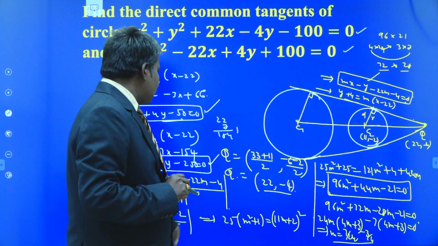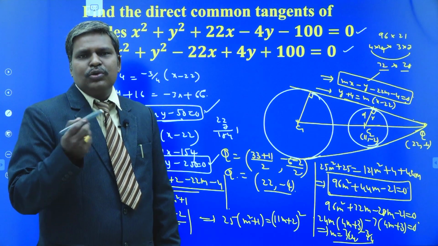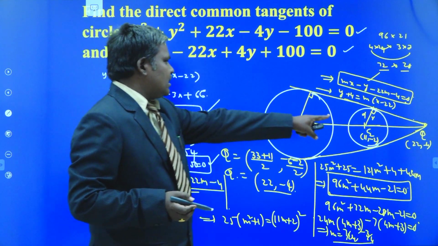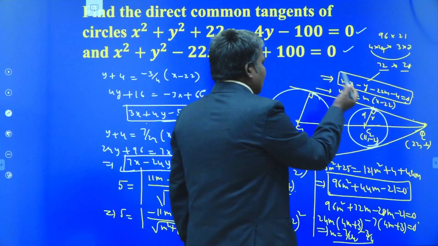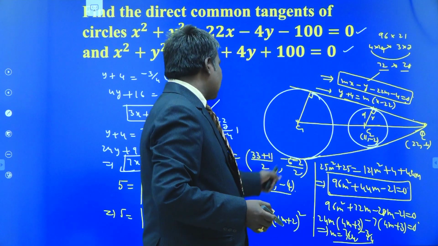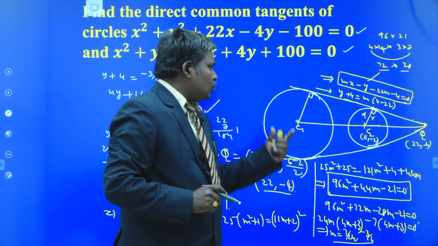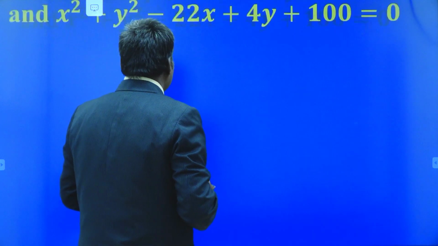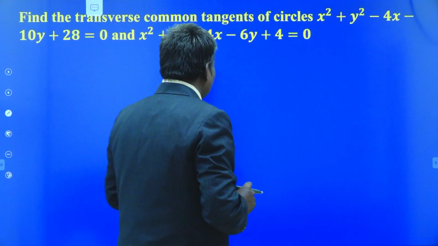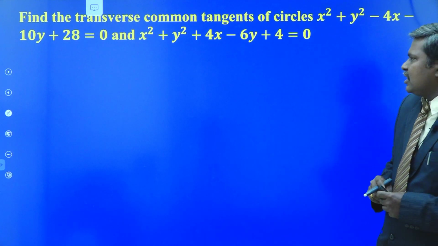So this is the procedure to find the equations of direct common tangents of the given two circles. Find the external center of similitude, write any equation having slope m, and apply r equal to d for any one of the circles. We obtain the direct common tangent equations to the given two circles. Understand? In the same manner, we can find out the transverse common tangents also.